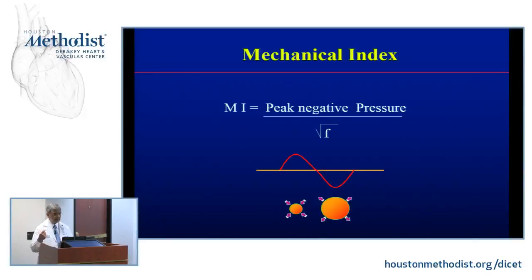So this is how you dial in the energy, and the MI is peak negative pressure divided by frequency. With a high mechanical index, too much energy, too much negative pressure, I'm going to destroy these microbubbles quite fast. And that's not what you want, right? I mean, we may need it for